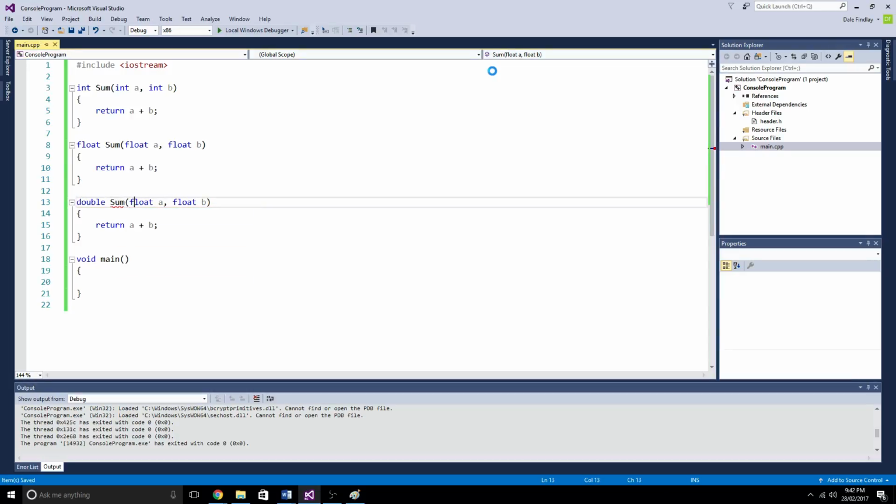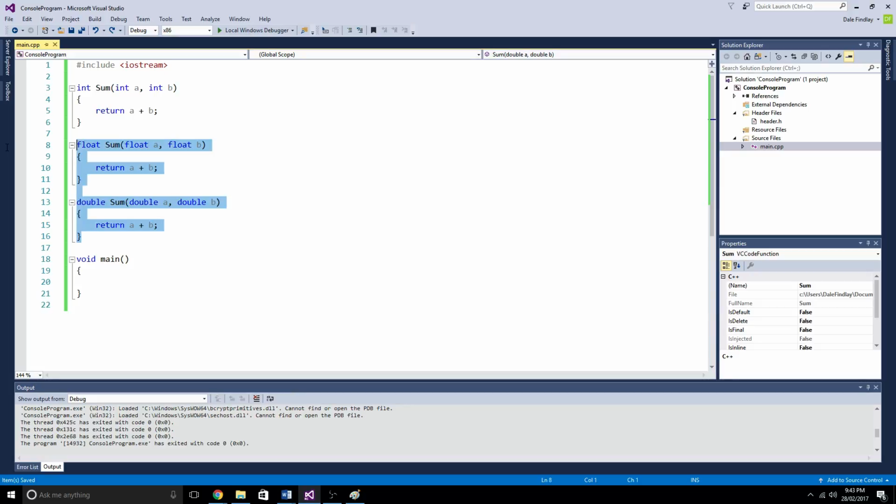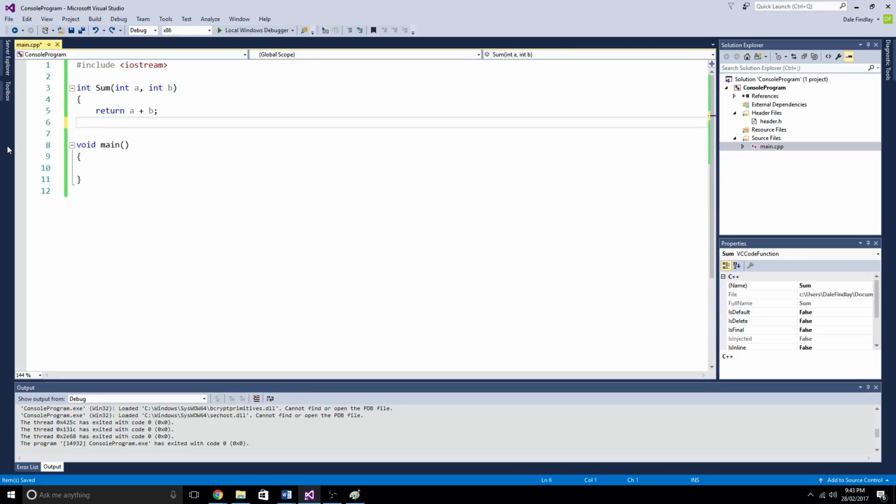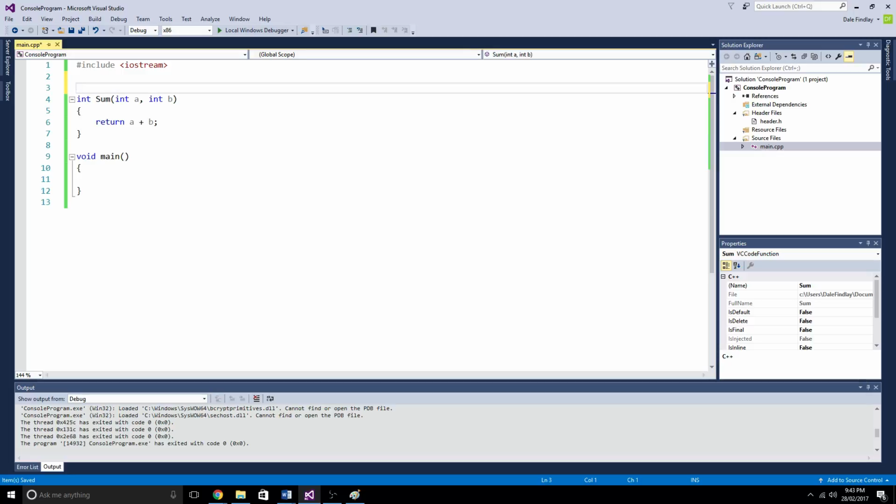Double. Oh, no, that's right. So you can see we have these three functions that literally do the same thing, but the only thing that's changed is these three things right here. How can we make that dynamic? And that's what templates try to answer. Or templates answer. So all we need to do to use templates is just type template,